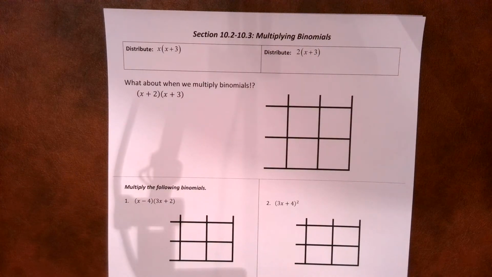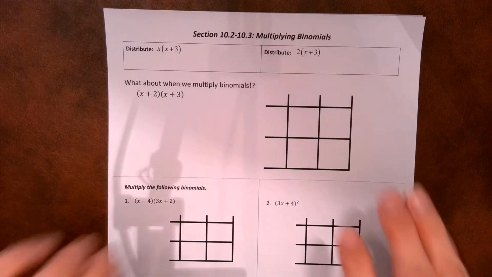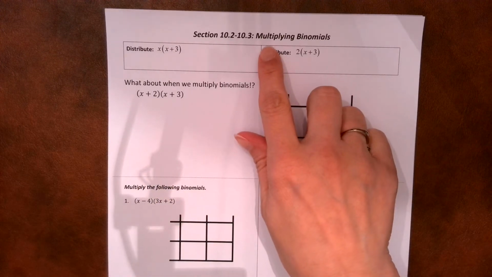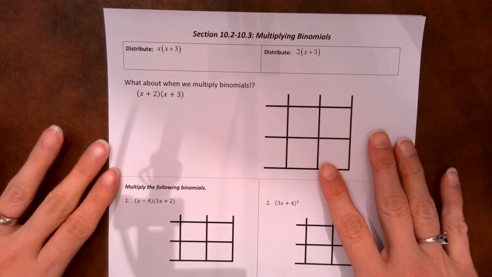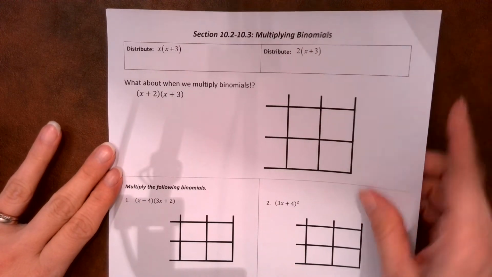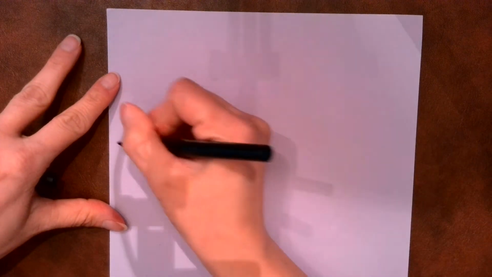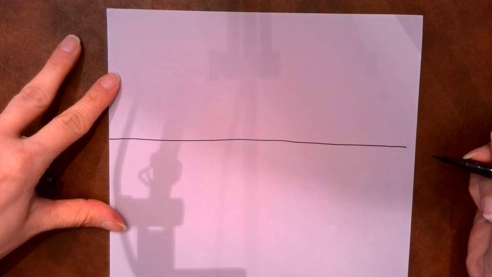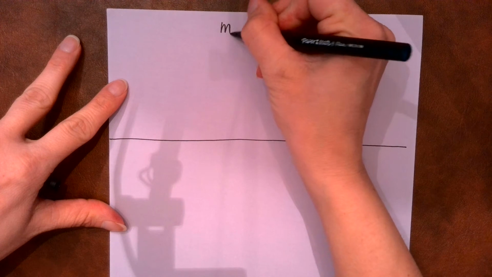This is going to be the last topic that we study. If you have printed out the PDF of the notes for multiplying binomials, you can use that. If you don't, we're going to make our own notes paper. And so what we're going to do is split it up into, I'd say, about thirds. So we're going to have the top third here for the notes, and we're going to call this